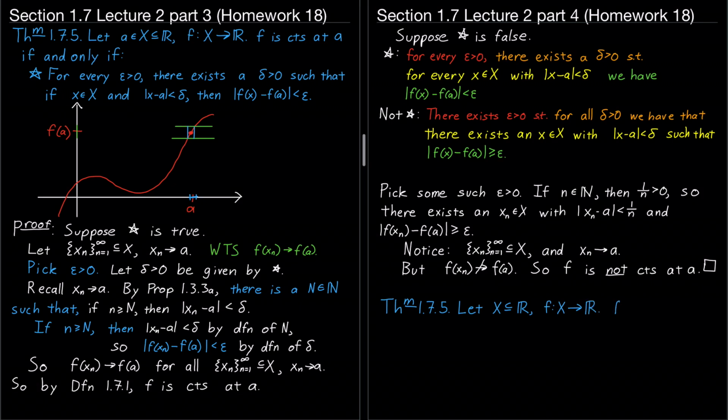Then f is continuous on X. Remember, continuous on X means that it's continuous at every point a in X, so it is continuous on X if and only if for every positive number epsilon and every a in X, there is